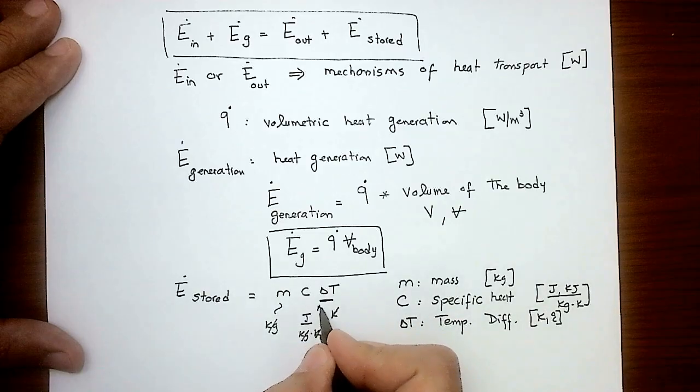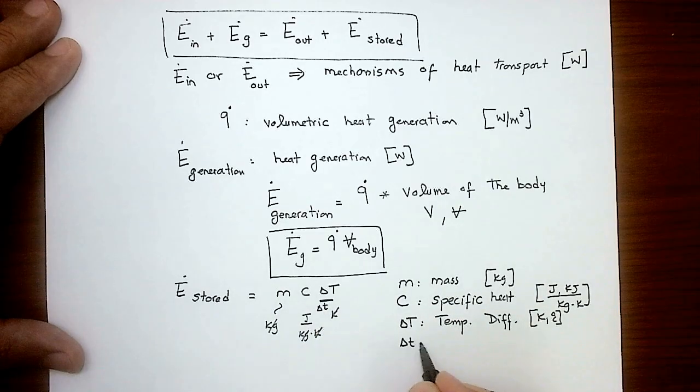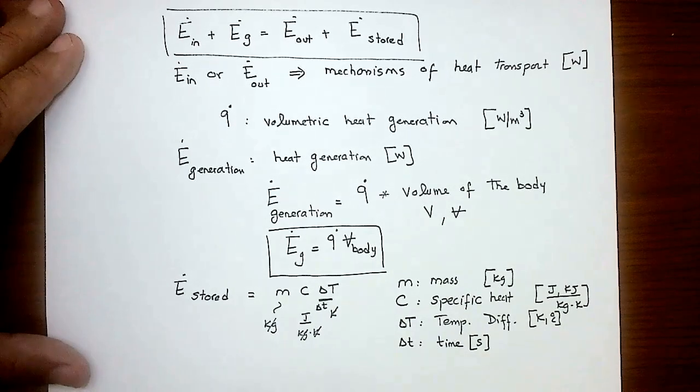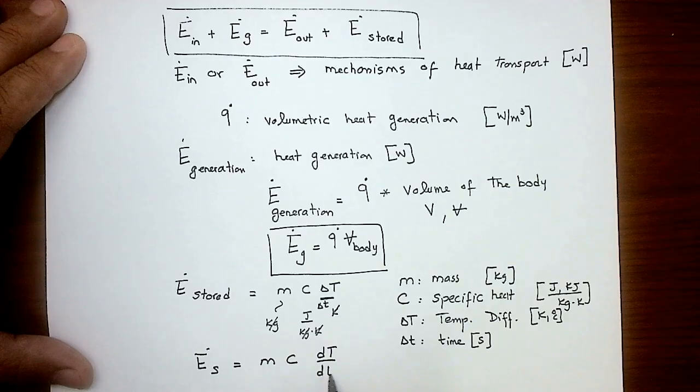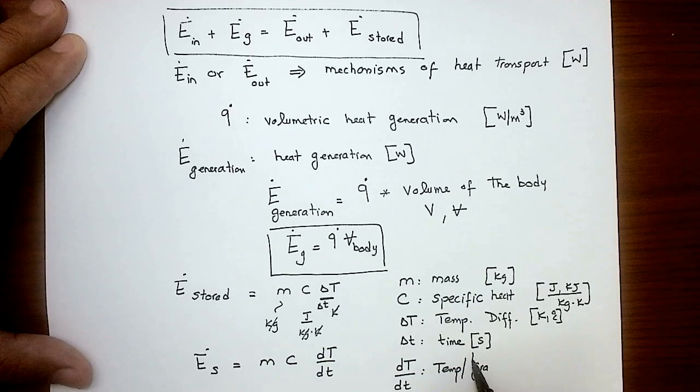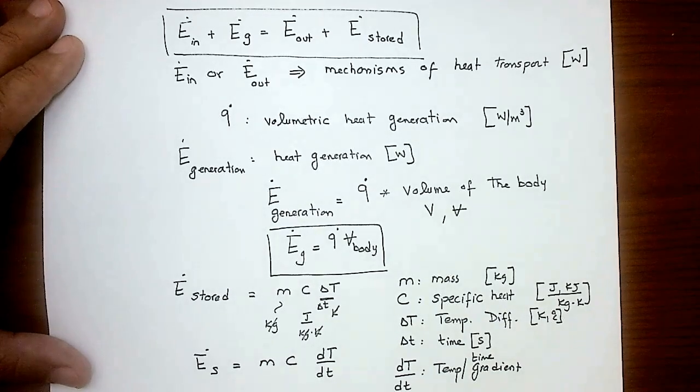And the time that we're going to divide by is actually delta t. So delta t is the time, and that should be in seconds. Let's write down this equation in a more scientific format. So the energy dot stored should equal M times C times dT by d time t. And we call that dT by dt the temperature gradient with respect to time. Okay? So that's the final equation that we use to calculate